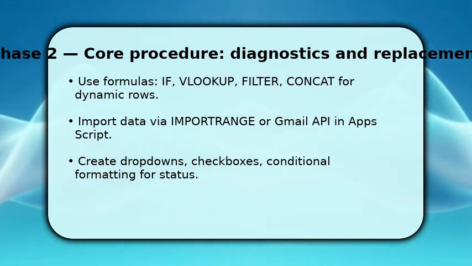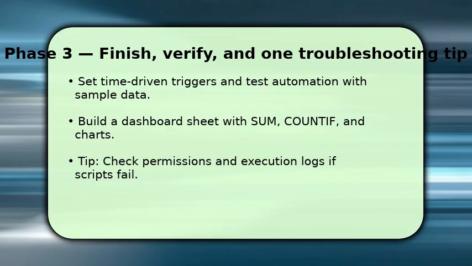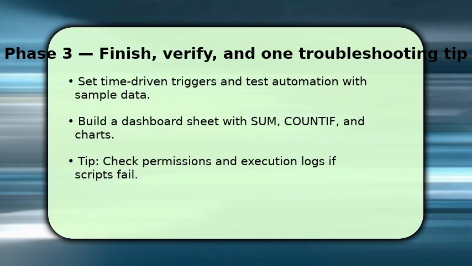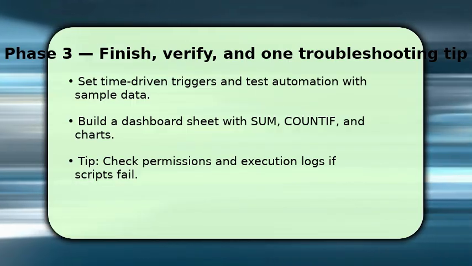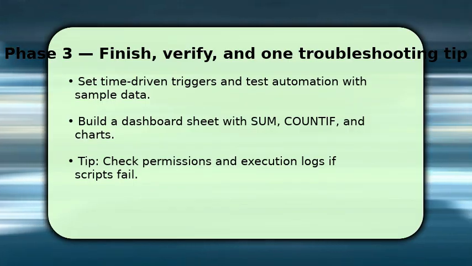Finish by testing everything end-to-end. Run scripts manually, then set time-driven triggers to automate reporting and notifications. Make a dashboard using SUM and COUNTIF, plus simple charts for quick status. Share the final sheet with stakeholders and instruct them how to use drop-downs and comment for clarifications. If something goes wrong, check app's script execution logs and permission prompts first, because most failures are due to insufficient access or expired triggers. Fix those and